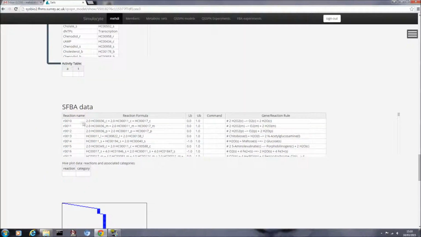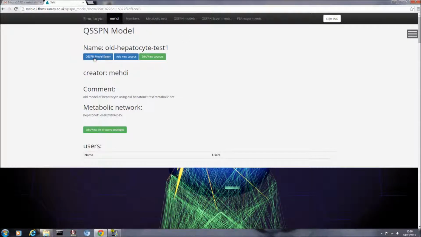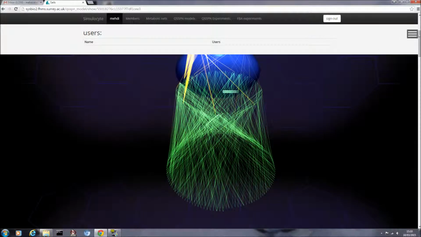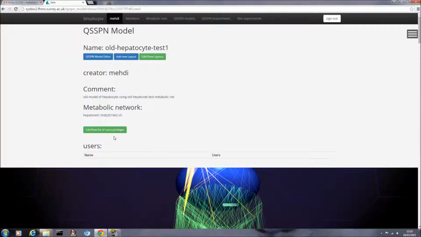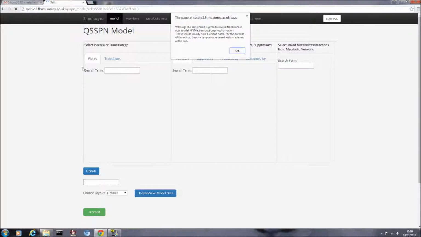You also notice that you update not just the QSSPN JSON file, but you have to upload an FBA file, a file that contains flux balance analysis data. So if you want to edit, let's say, the structure of this green network, which node is linked to which node, you can go to the model editor by clicking here, and it's giving you a warning in this case